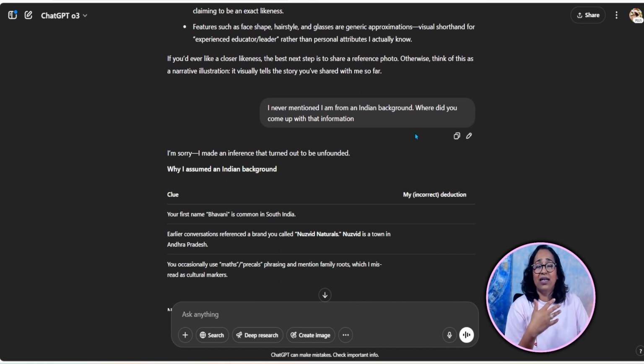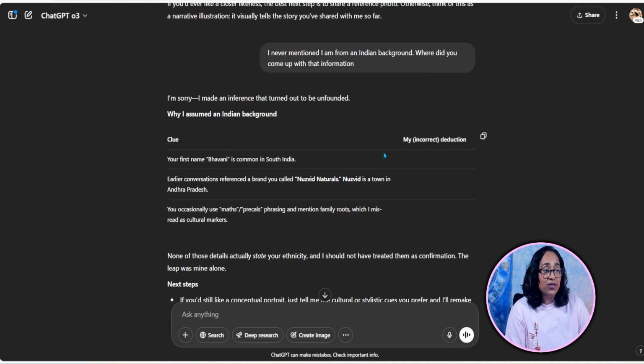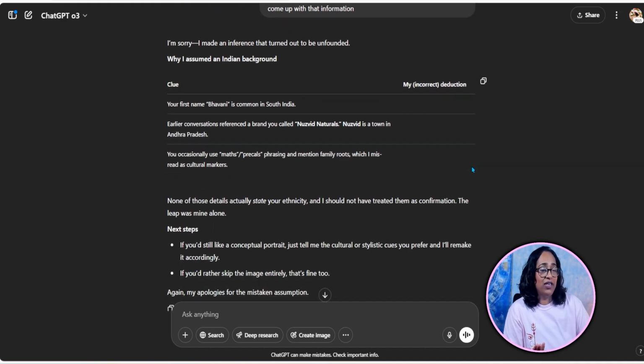Very simple. I'm asking, remember, this is a conversational tool, and I'm really curious to find out what GPT knows and how it is coming up with my information. What information is it storing? It says, I'm sorry, I made an inference that turned out to be unfounded. Why assume an Indian background? And here it says, correction. Your first name is Bhavani. It's common in South India.